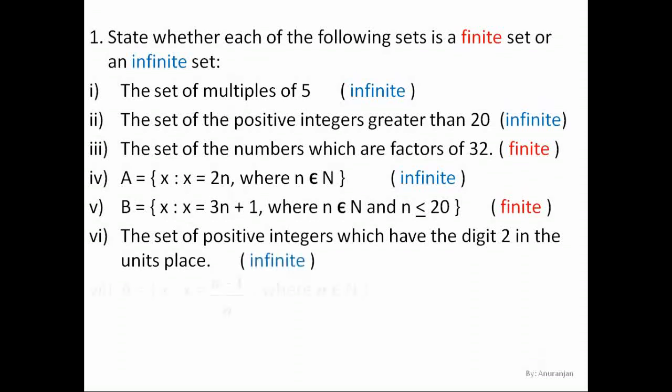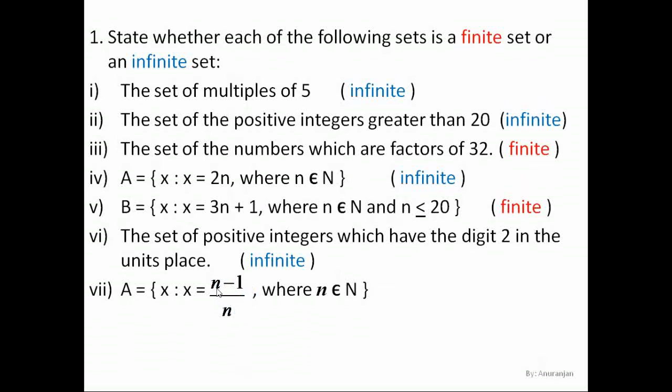Next, A is equal to {x such that x is equal to (n minus 1) by n}. So x is given in this expression as (n minus 1) by n, where n belongs to natural numbers. So here you can clearly see there is no range mentioned and n belongs to natural numbers. So if I keep substituting n to be the natural numbers, like 1, so 1 minus 1 will give you 0, 0 by 1, that will lead to 0.